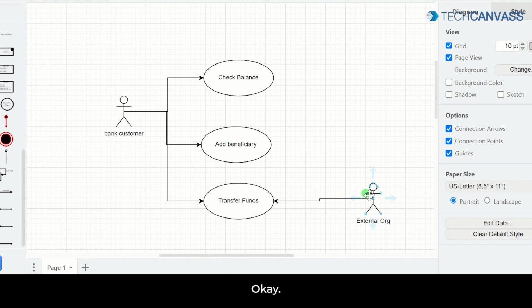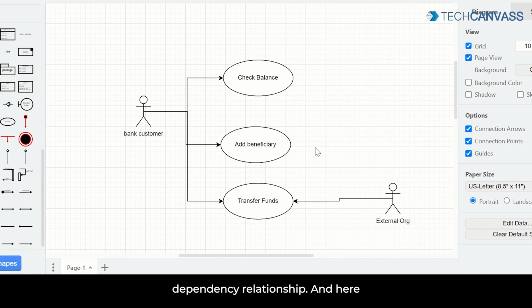Okay. Next thing is, as I mentioned, the transfer funds has a relationship with adding beneficiary because it cannot happen without it. Similarly, it cannot happen without checking the balance. So that relationship is a mandatory relationship. Checking balance is mandatory, otherwise it can lead to problems for the bank. So how do you show that? This is called a dependency relationship, and here